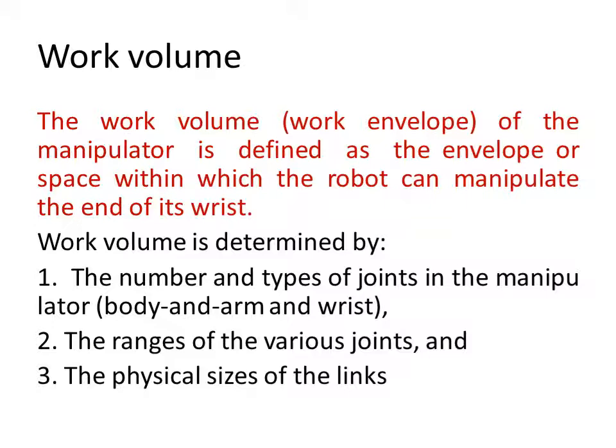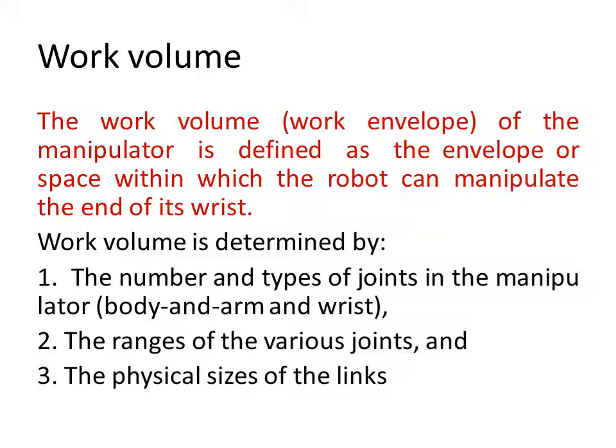Your wrist can rotate, so if you try to understand the degrees of freedom of your hand, you will find it has excellent flexibility, with more than 30 degrees of freedom. Now try to understand what kind of motion you can achieve with the help of this robot. But as we discussed in our previous lecture, as you increase the degrees of freedom, the control problem will also increase and the mechanism will be more complex, because you have to control each degree of freedom.